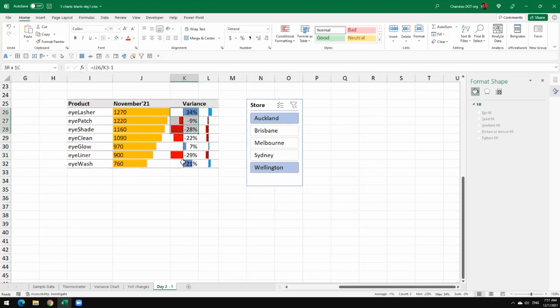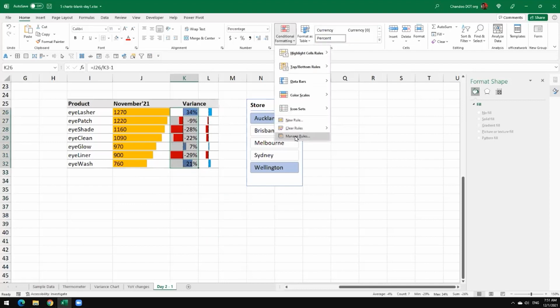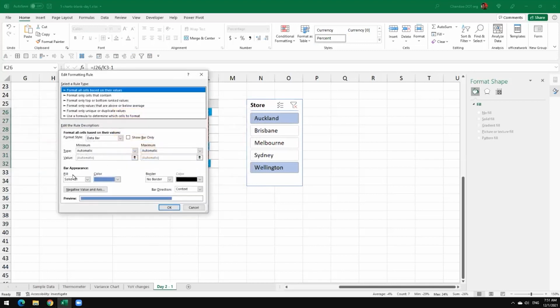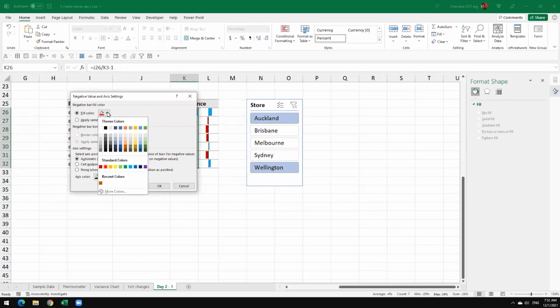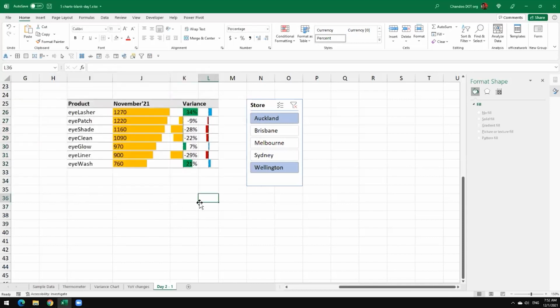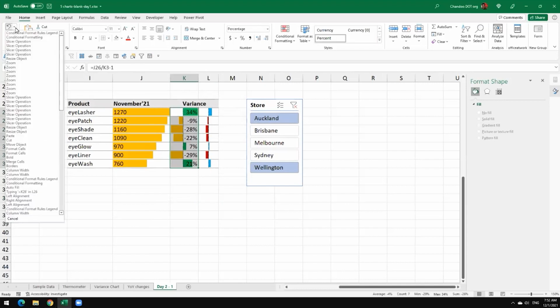If you're not happy with those colors, you can select that, go to conditional formatting, manage rules, select this rule, edit, and the color that you change here is for positive. So if I say the positive color needs to be green, and then the color for negative, you have a button here, you just click and you can change that as well. So you could say, I want it in that color. And so you'll get two different colors like that. We don't need this. I'm just gonna do all of this, but